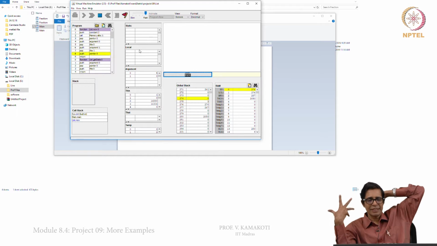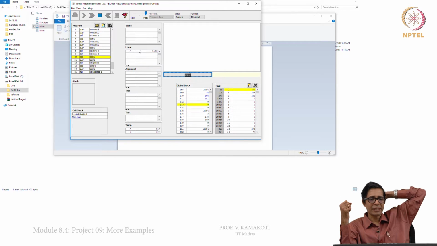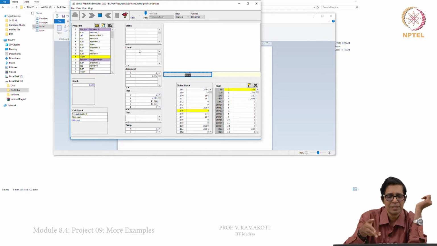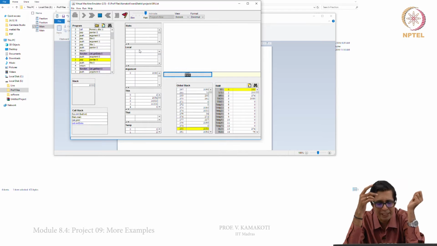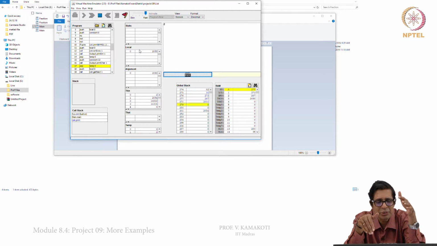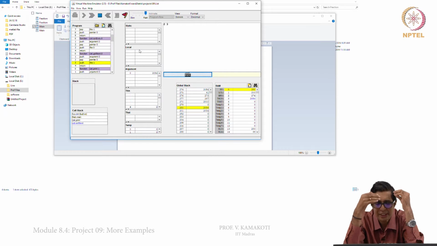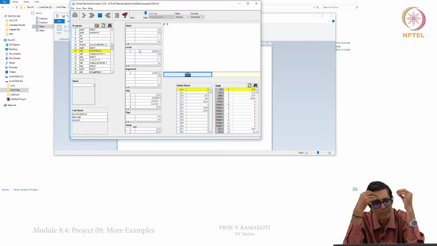So, in case we start writing more and more programs, the way we verify whether it is working correctly or not, you can compile it using the compiler and execute it on the VM emulator, and that will basically tell you whether the code is working correctly or not. So, this is a complete debugging tool for us.